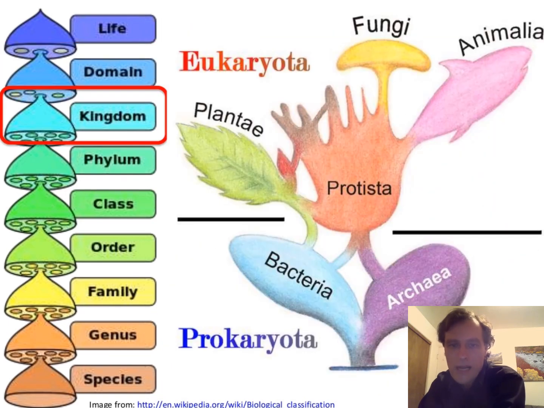At the kingdom level, we have plants, fungi, protists and animals. Let's talk about the first one first, the easiest one first. Animals, that's us. What are we like? We have lots of different tissues. We are pretty much always multicellular. Let's see. We reproduce sexually, and we have a lot of different tissue types.